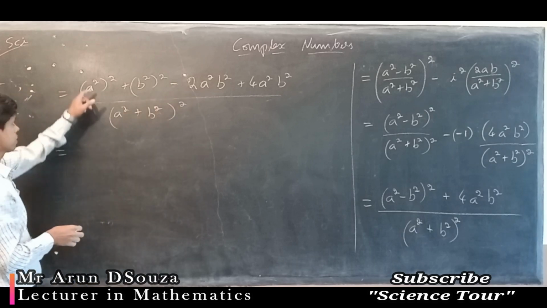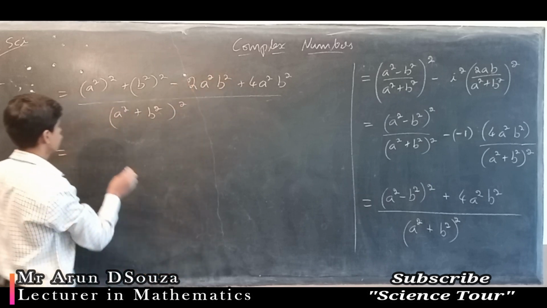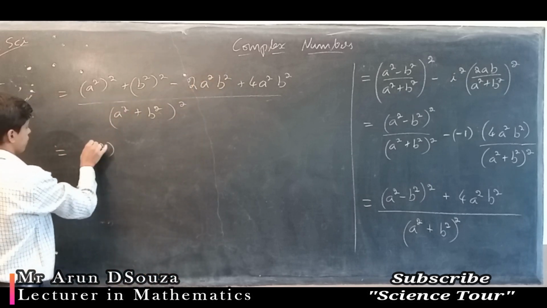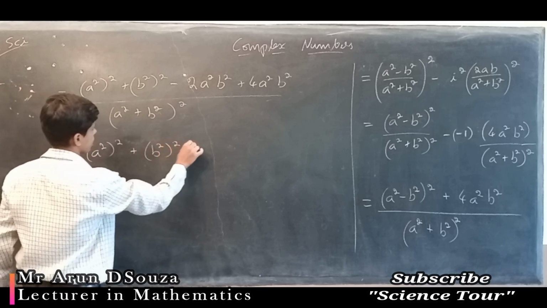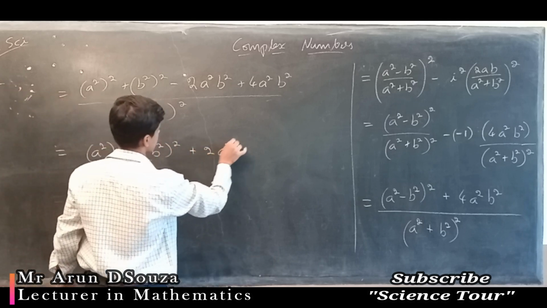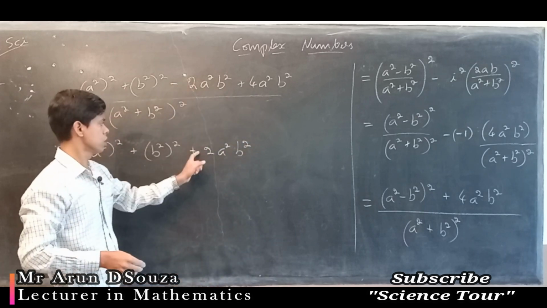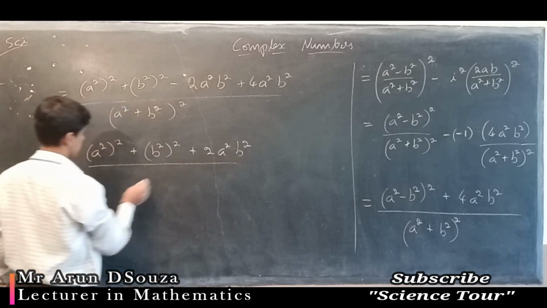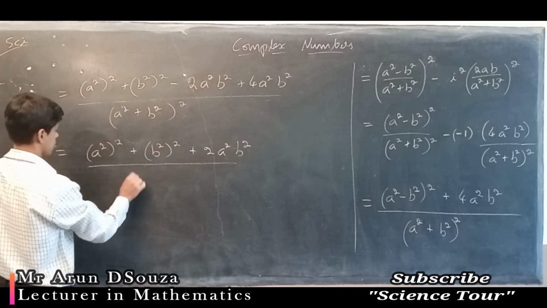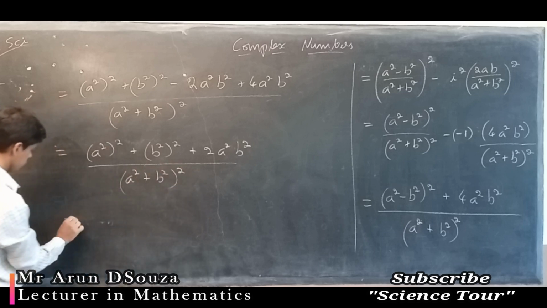Now look at this, 4 minus 2. So how much is that? Plus 2, correct? So plus 4 minus 2 is plus 2. Well, look at the denominator. Okay. Now look at the numerator,